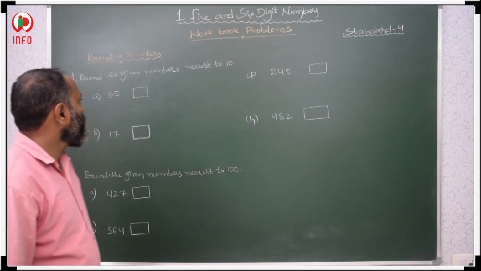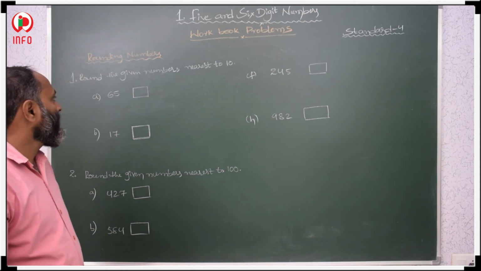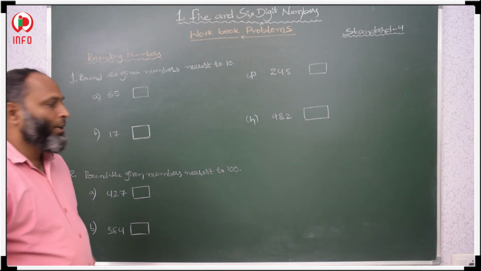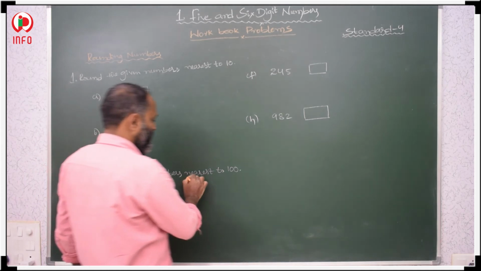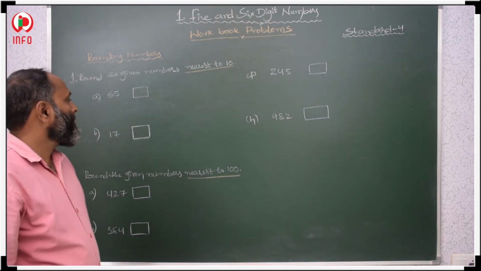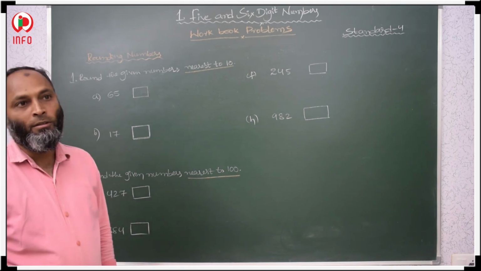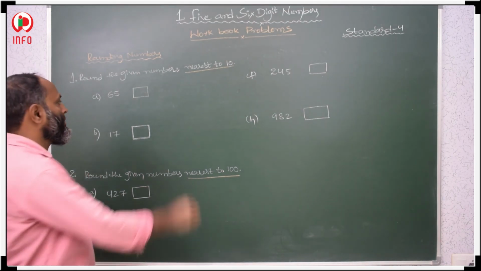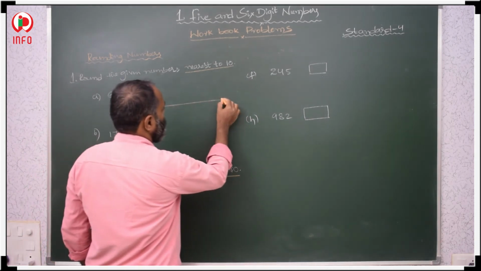Okay. So these values we have to arrange in the nearest tens, nearest to tens and nearest hundreds. Near to 100, near to 10. Then how to make the given numbers into near to tens? See here. So this is a number line.